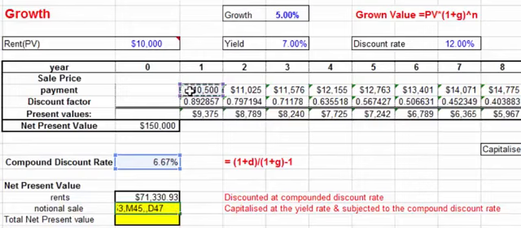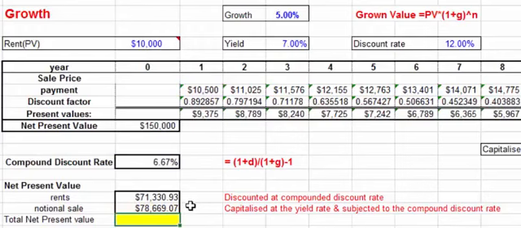Long and short of it is we choose the rent in year 1, which we then divide by the yield. We'll put a minus sign in there for Excel sign conventions, close brackets, and that means